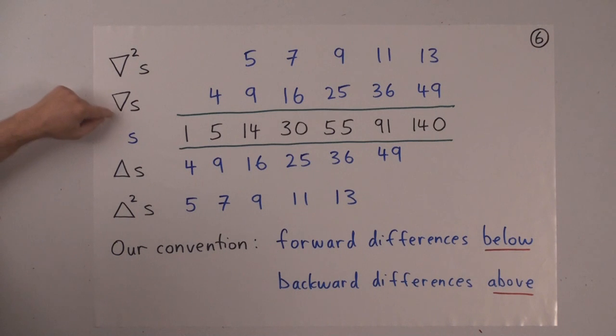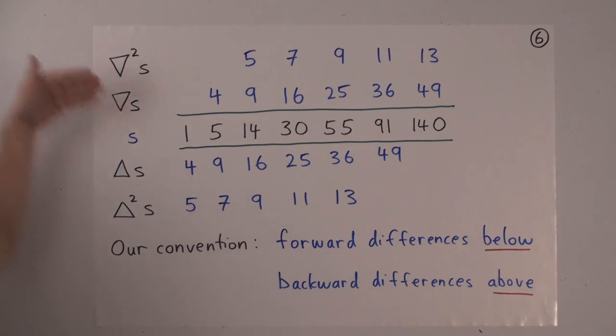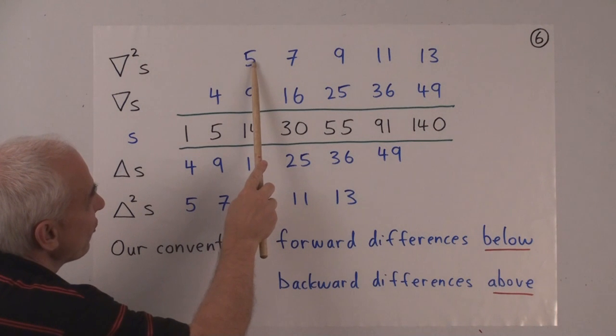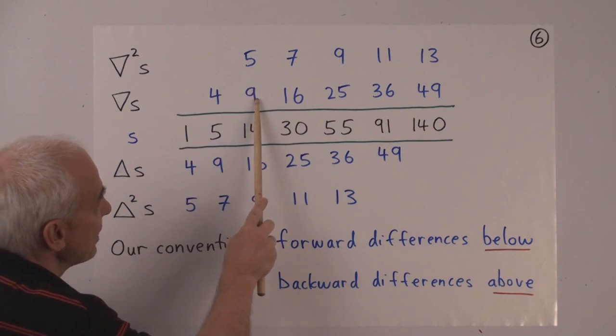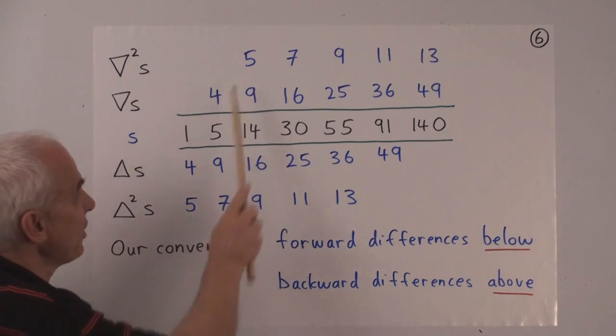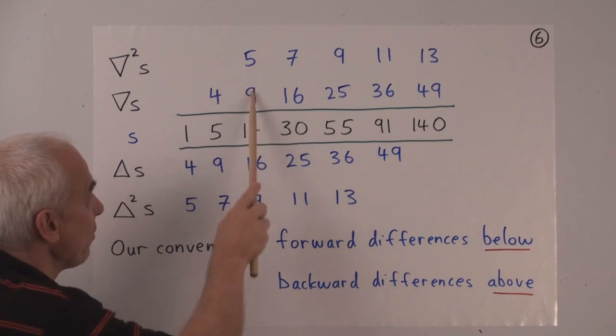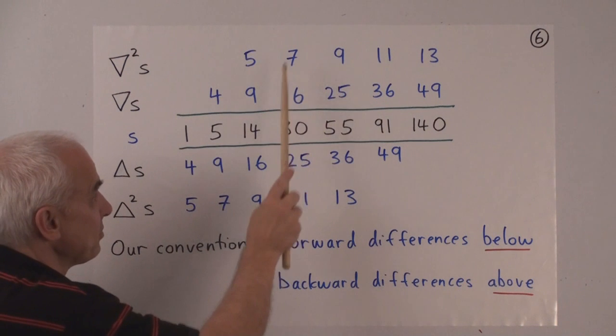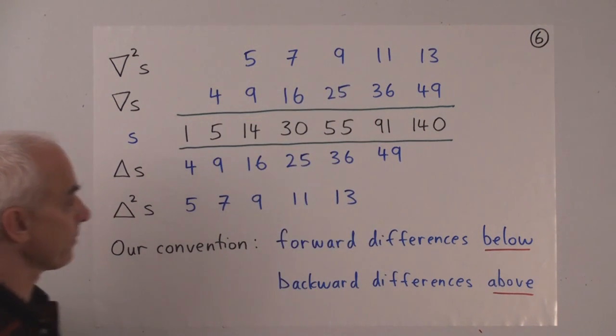So this is the sequence of backward differences of S. The upside down triangle, or what we're calling del. That's a del operator, del of S. And we could take the backward differences of the backward differences. That would be del squared. And so we would write it here because this thing here represents the difference between this value and the previous value. So we put it right up over the value that we're at. The difference between here and here is the 7. The difference between here and here is the 9, and so on.